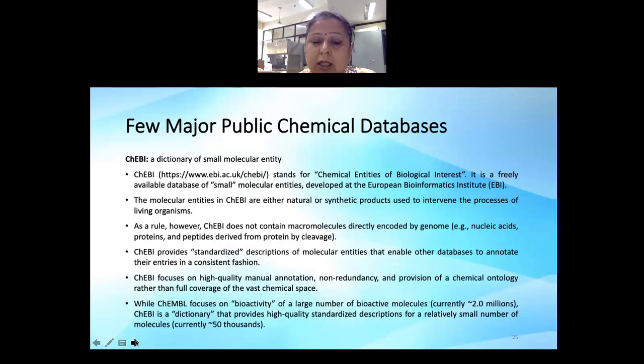ChEBI provides standardized descriptions of molecular entities that enable other databases to annotate their entries in a consistent fashion. So ChEBI focuses on high quality manual annotation, non-redundancy, and provision of a chemical ontology rather than full coverage of the vast chemical space. So here the ChEBI has the data on chemical compounds that are